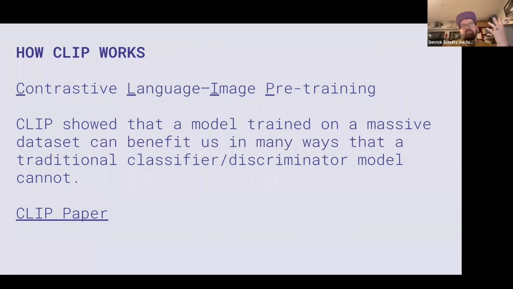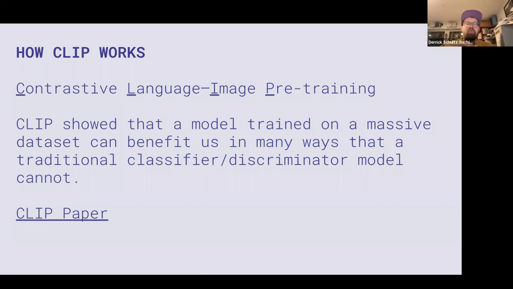So that's where Clip sort of comes in. Now, there's been a lot of other models before Clip that did this, but Clip has kind of become the de facto one, and we'll talk a little bit about why. Clip stands for Contrastive Language Image Pre-training. The language image is probably pretty clear. These are language-image data sets, so it comes with both an image and a caption for that image. The contrastive is what we're going to talk about in just a minute. Contrastive is how this thing learns. It uses contrast to actually be able to figure out what classes or what labels it should apply to these